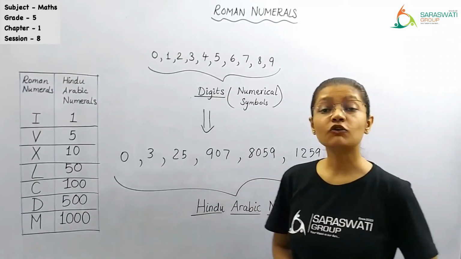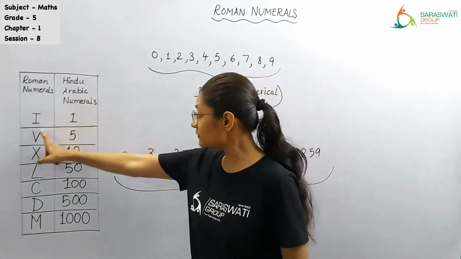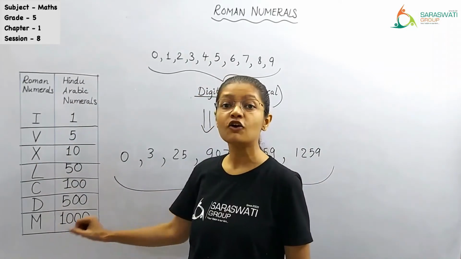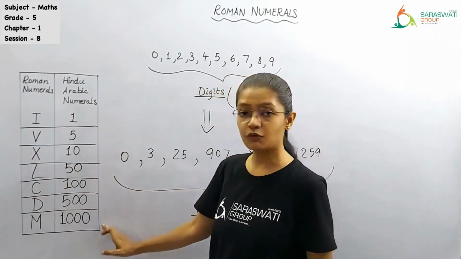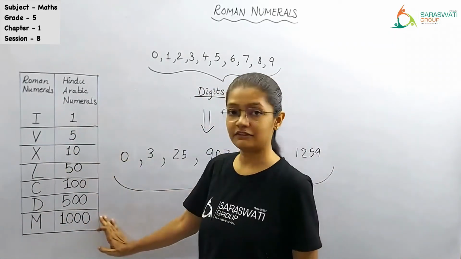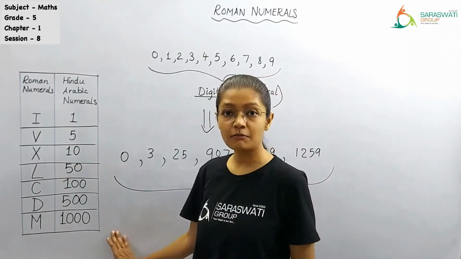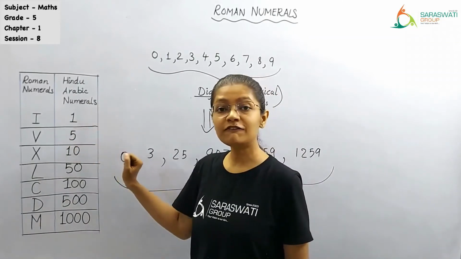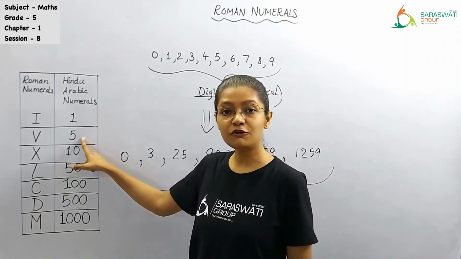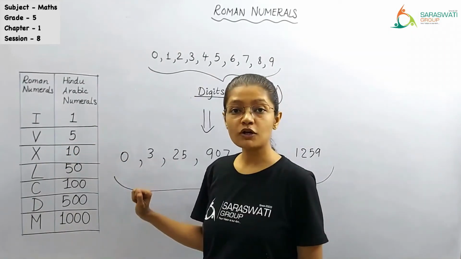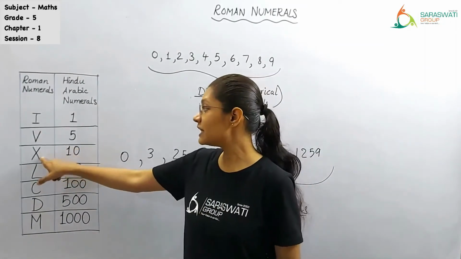So this is our Hindu-Arabic numeral system to write the numbers in this manner. But in case of the Roman numeral system, they use 7 basic letter symbols. These are the 7 basic letter symbols that are used in the Roman numeral system. Over here, we have the values for these letter symbols. The Hindu-Arabic numerals for these Roman numerals are over here. So if we want to write the number 1, then the Roman numeral for that is I. If we want to write number 5, then the Roman numeral is V. Then if we want to write number 10, then the letter symbol, the Roman numeral for it is X.